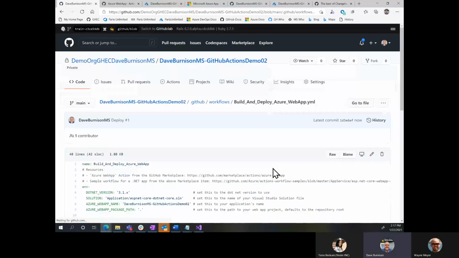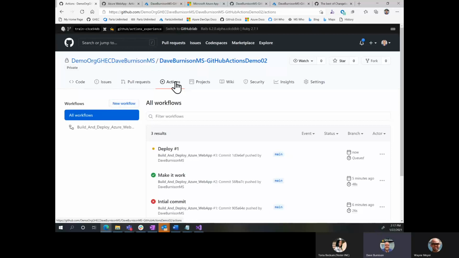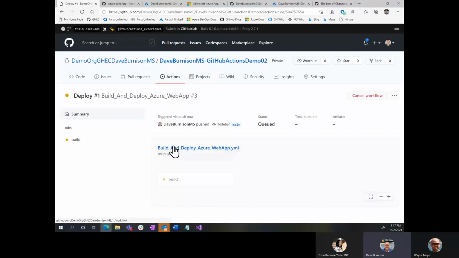All right, so that's all great. That's all well and good. Now we're building and we're deploying. So yeah, we can follow along and see what's happening, but we've got this all inside of a build stage. I actually want to make this smart and say, hey, we want to have a build stage and we want to have a separate deployment stage as well. We want to deploy to our production environment.